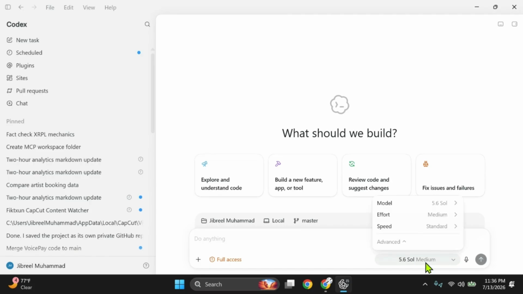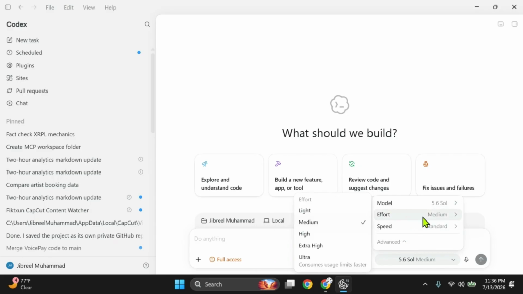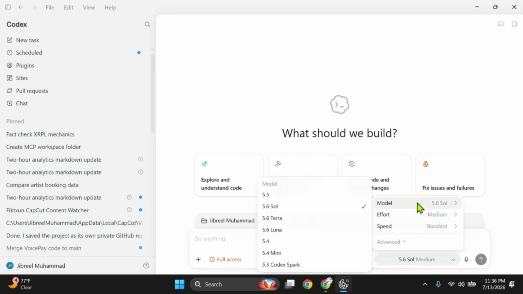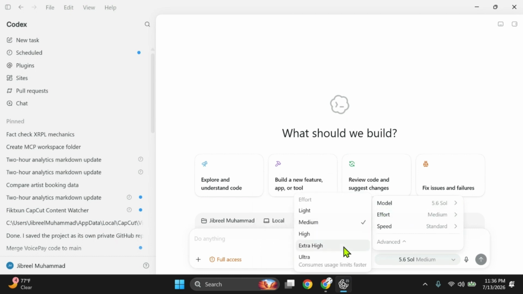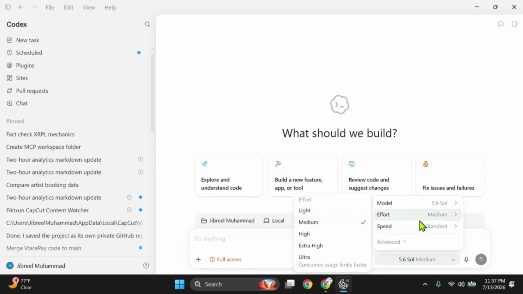And to top this off on the usage part, before we get into our vibe coding session, these models and their effort and their speeds determine the amount of usage for that session. High effort, more tokens, more usage, even if it's on the same model. On 5.6, the higher the usage, the more the tokens, the more it costs.